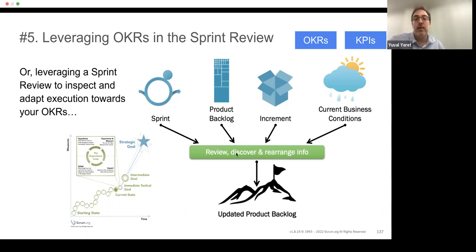In a sense, the sprint review in an OKRs world can be a way to implement the experiment loop that evidence-based management talks about. Inspecting where are we? Have we achieved our immediate tactical goal? Maybe that's our sprint goal. What's our next intermediate goal? Maybe that is a quarterly OKR. Are we on track to achieving our strategic goal? Maybe that's a yearly OKR, company OKR, maybe that's our product goal. There are different ways to do this mapping depending on the context of the team and how we created that team around the work.